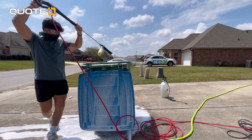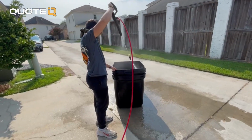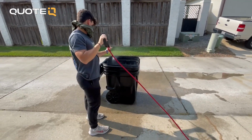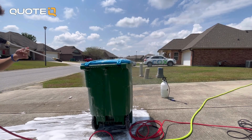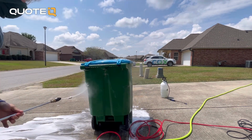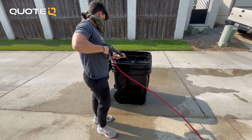The customers approach you and want to offer you those things because you're already being so convenient bringing your service to them. Enough that the customer feels way more comfortable. They feel like they want to make it as convenient as possible for you because you're making it as convenient as possible for them. So now I save on all this equipment cost, all this travel cost, as well as